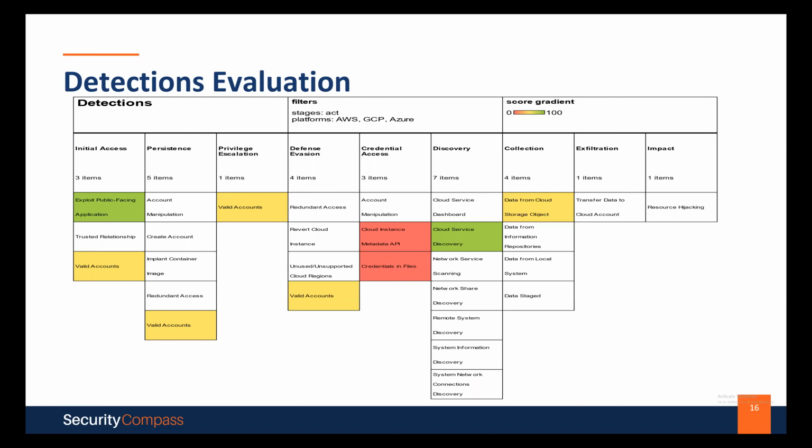Looking further into the report, you see that the red team has stated that they were able to abuse the metadata service API, and they were able to abuse leveraging credentials and files. You reflect that upon your current detection capabilities and data ingestion, and you notice that, yes, we do not actively ingest data that would relate specifically to metadata abuse. So now you have an action item for strategizing: okay, we need to ingest more data into our SIEMs and our platforms. And one of the priorities would be what could be an effective way of ingesting said metadata API